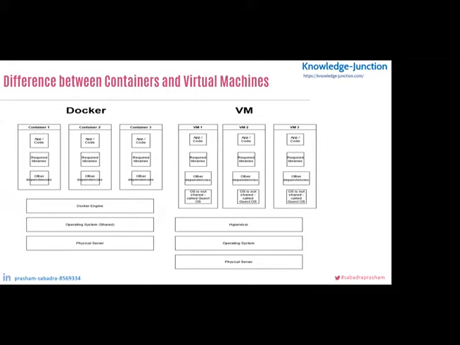virtual machine, if you see, starts with the physical server. So assuming that those virtual machines are hosted on a physical server, we could host them in the cloud as well. Like we have virtual machines in Azure as well. Same thing for the containers. We could host them on a physical server and in the cloud as well. Then the second layer comes, the operating system.